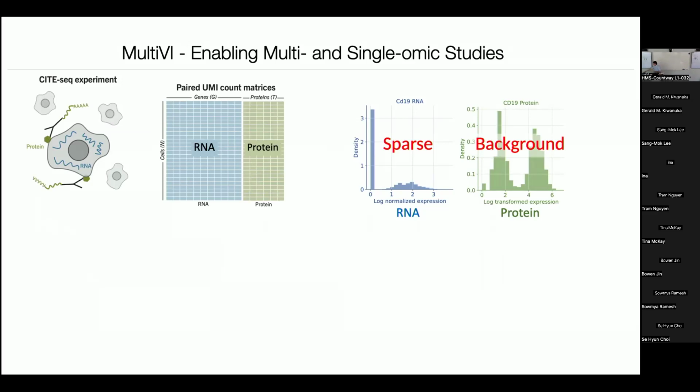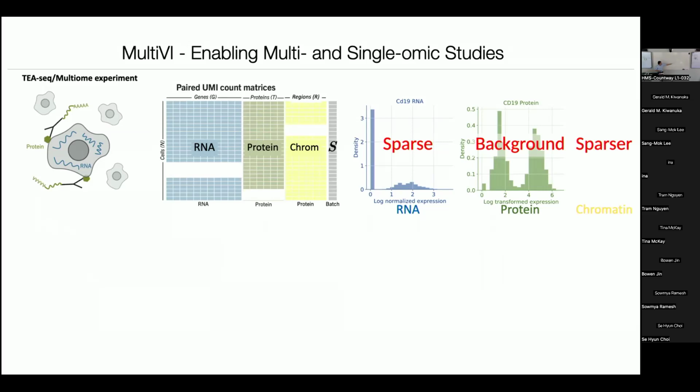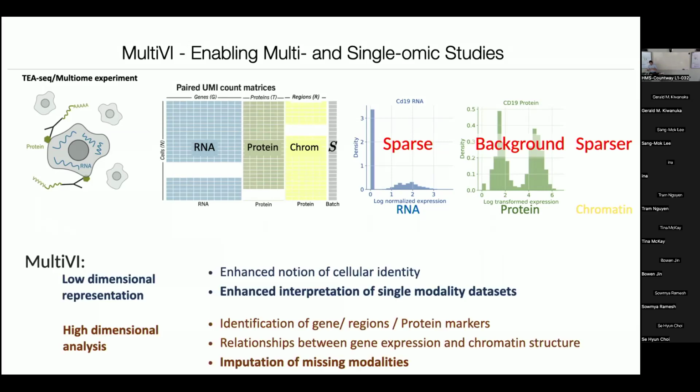Then, if you think about chromatin, I don't even have a diagram there because we know chromatin data is even sparser. Like for a particular locus that the Tn5 transposase is binding, you could have 0 or 1. When you go to a peak, which is a finite region, you could have many more observations, but intrinsically, it's more sparse. So MultiVI tries to account for all the nuances in the data and really model it, while